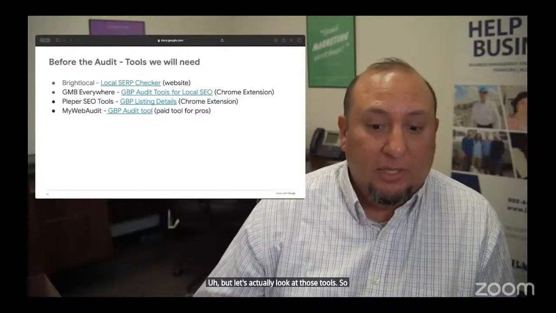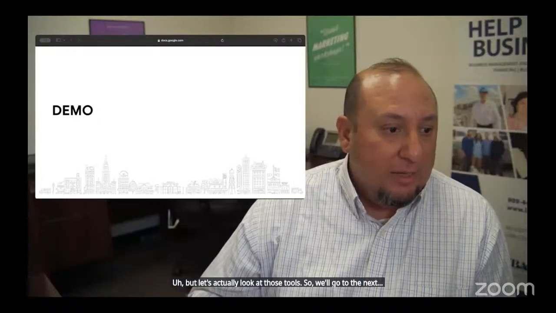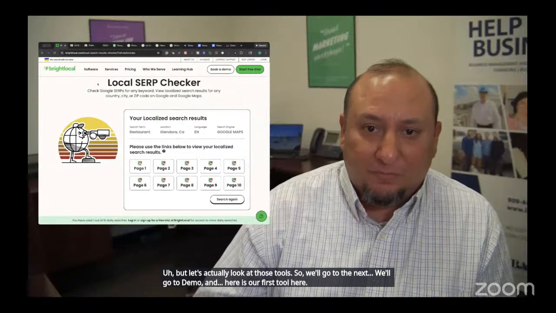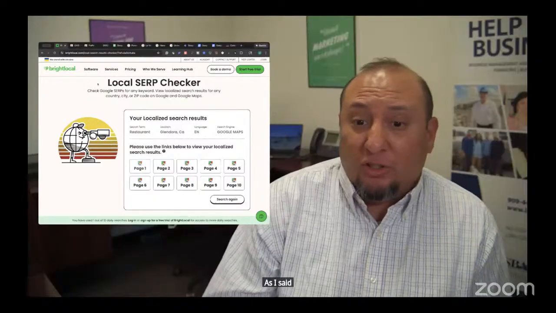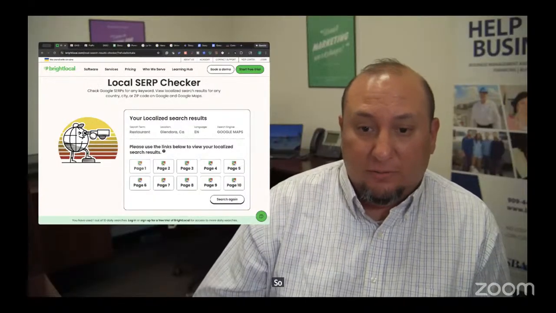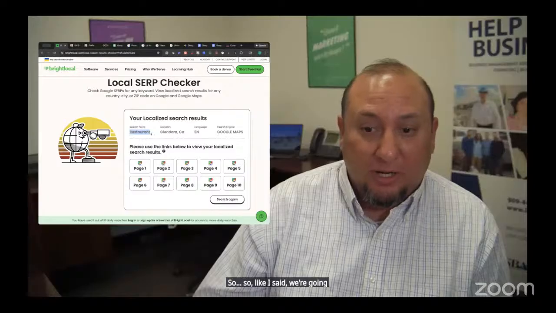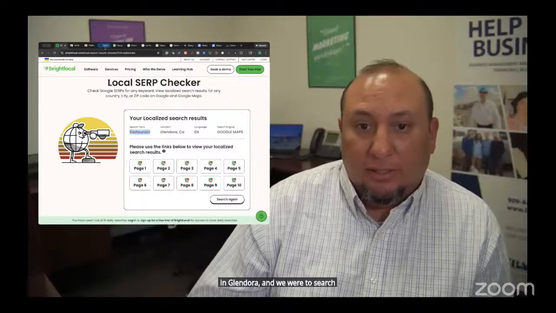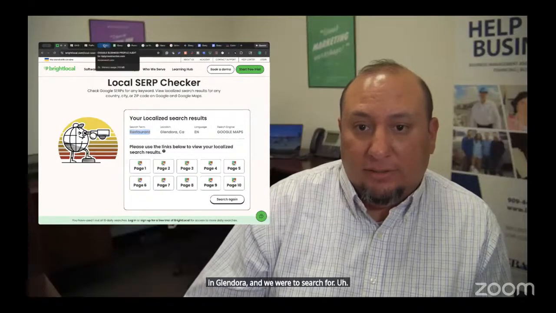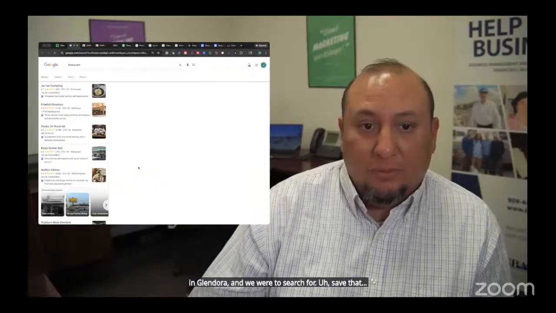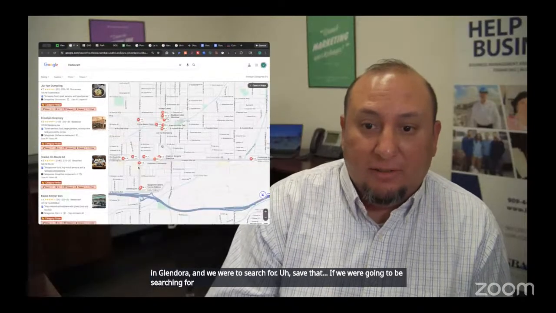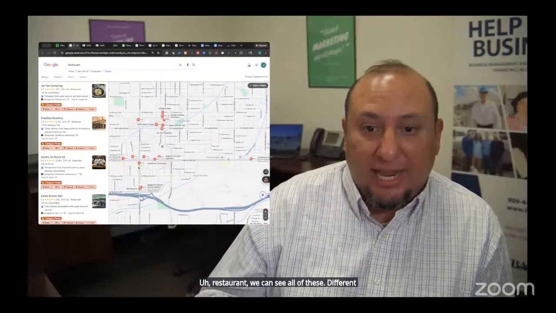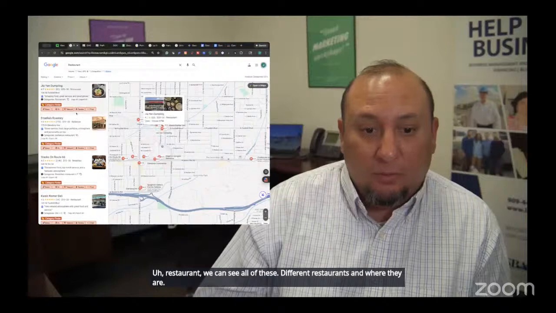So we'll go to the next. We'll go to the demo, and here is our first tool, as I said, the BrightLocal SERP Checker. Like I said, if we were doing a restaurant in Glendora and were to search for a specific restaurant, we can see all of these different restaurants and where they are and what the results are.